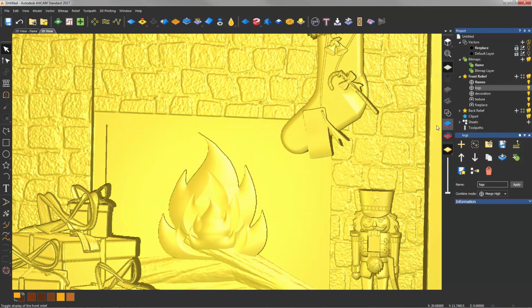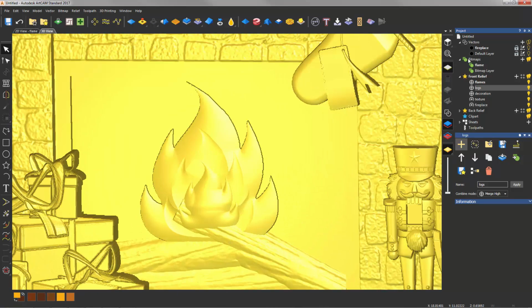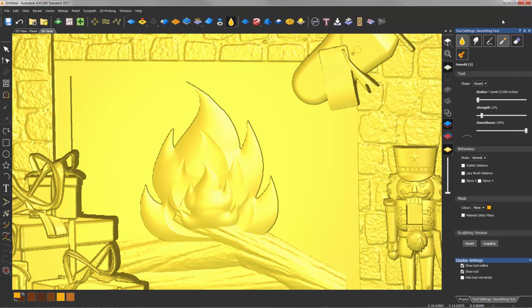Now, if we turn our vectors off, we still have just a little piece of the wood coming through. And we can fix that pretty easy. I'll show you a nice little trick here. If I activate that logs layer, I can either use a vector and clip this right out, or if I want something a little more natural, a little more faded looking, I can use my smooth tool, and if I grab the erase, by default it erases your last changes in the sculpting, but I can change it to erase to base plane, and it'll only erase the logs layer because that's the only thing that's